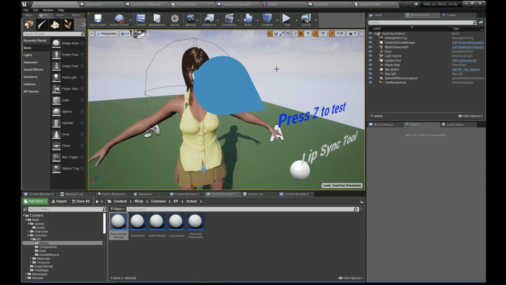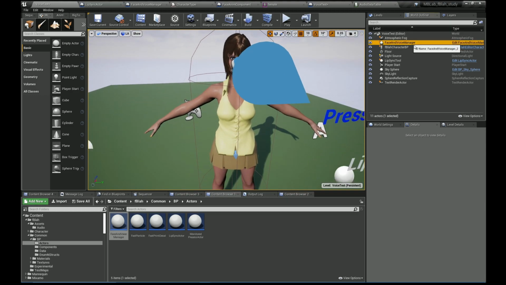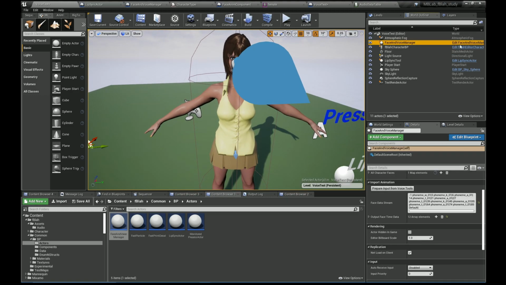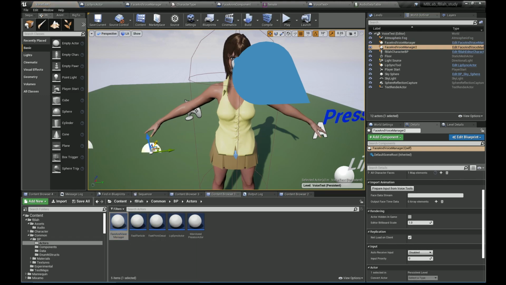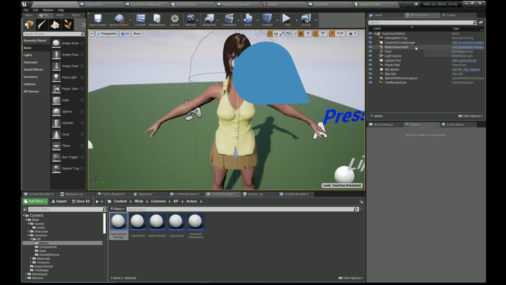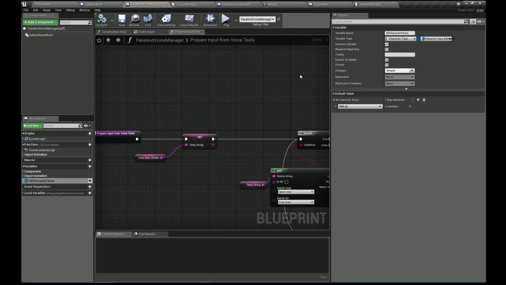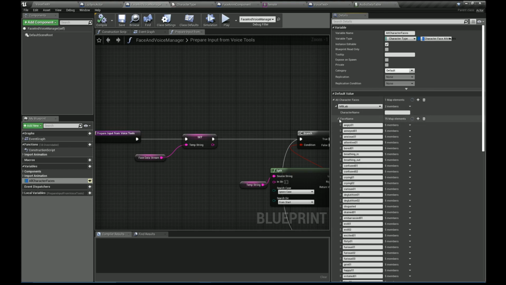So in order to use these features, you have to ensure that an instance of the face and voice manager is present on the map. So that's over here. Just drag it and place it anywhere on the map, and you just need one instance of it. Now what the face and voice manager does is it is like a static data store for a name dictionary which maps